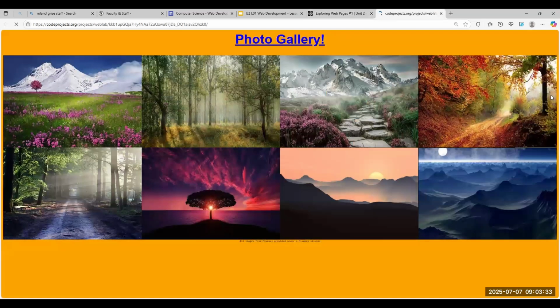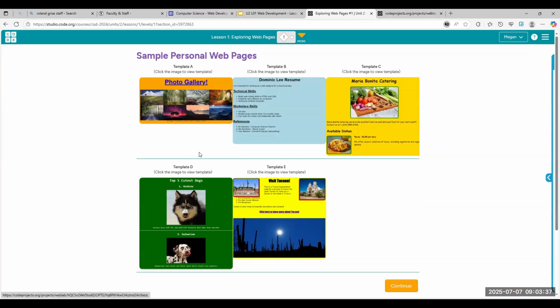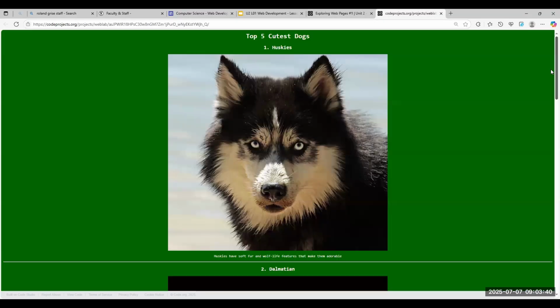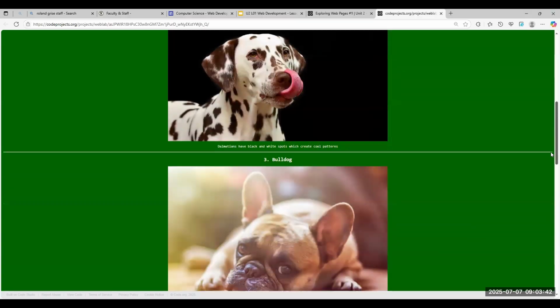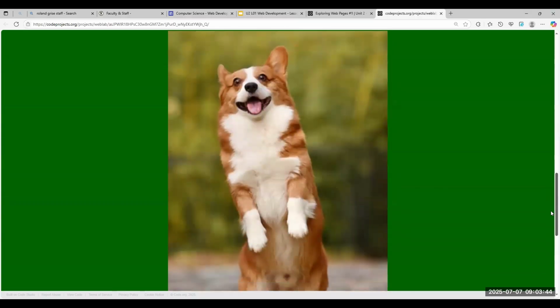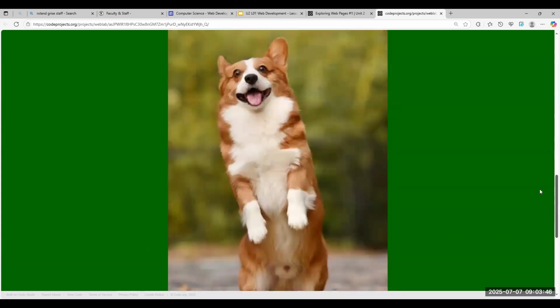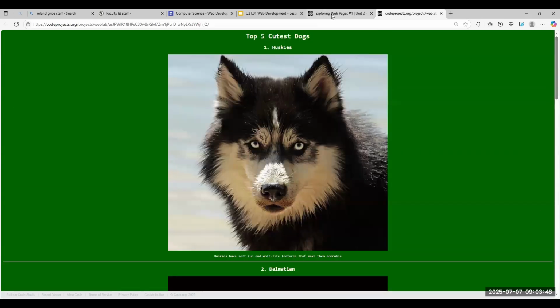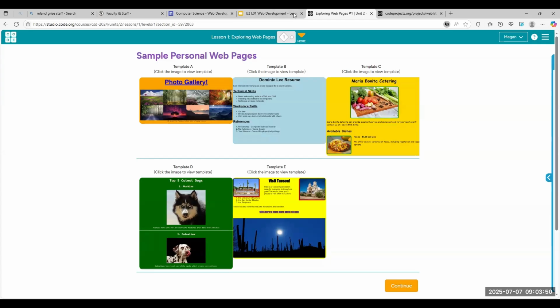Now you can also click on it and it will make it bigger. We're going to click on the dog one. 5 cutest dogs. Now, if you go here, you will be able to scroll down further than what you could see on that first page. So you're going to take a look at that website. And then you will have